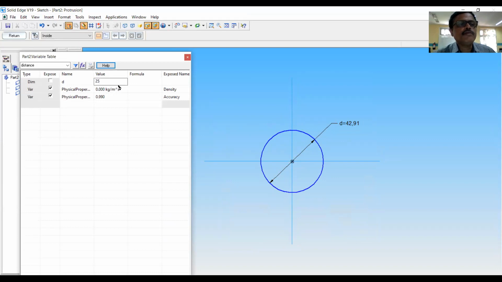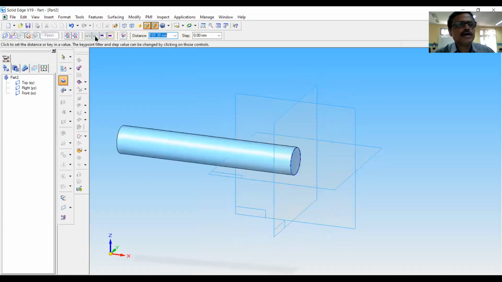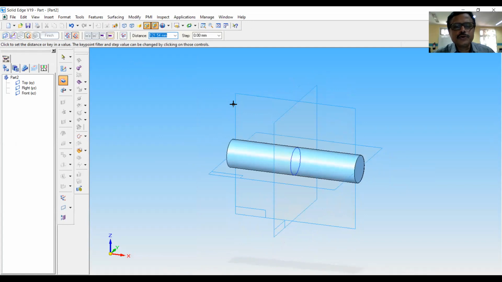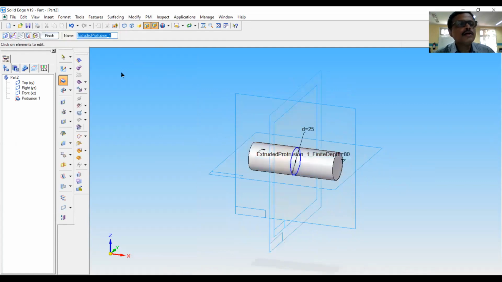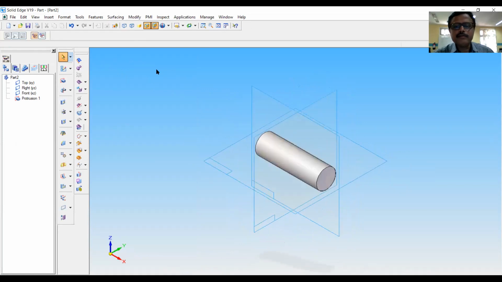Only when you are entering the equation, you have to go to the formula tab. Return. The shaft length is not mentioned, so I will take it as 80 millimeters. Finish and cancel. Control I for the isometric view.